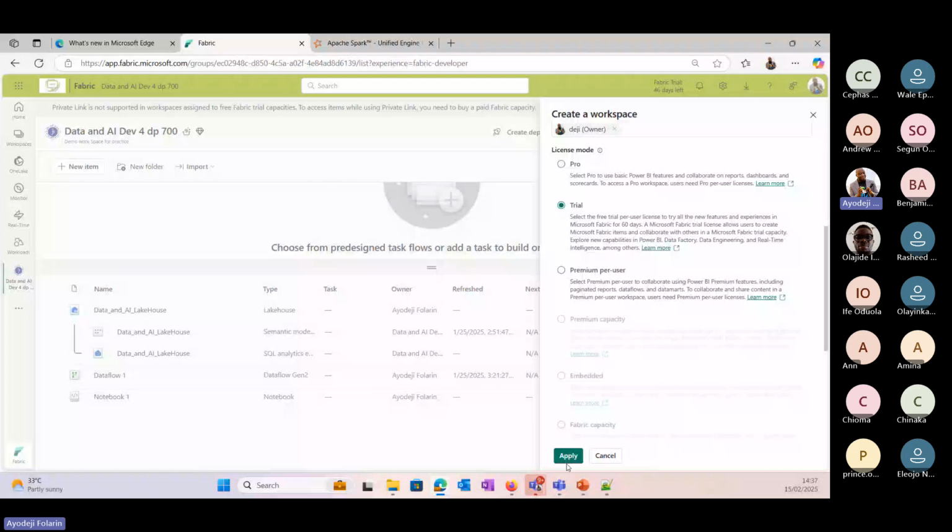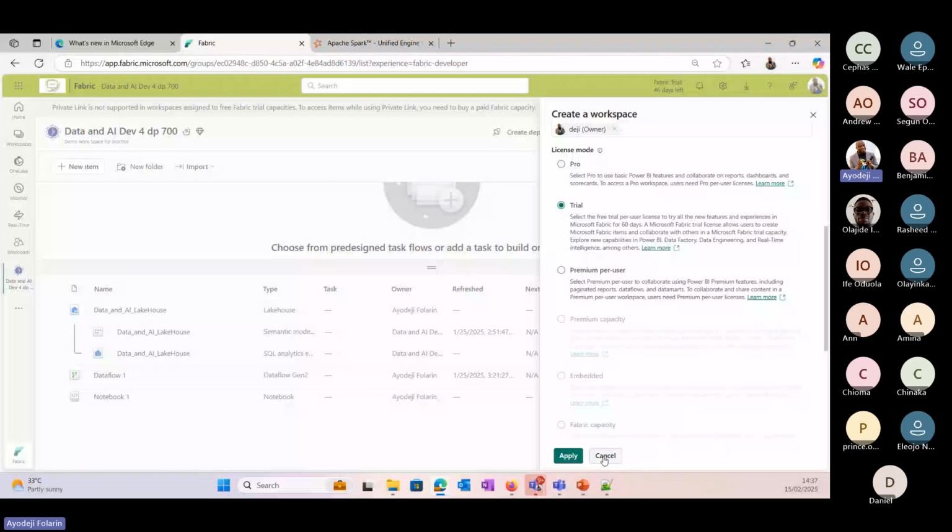If you go back to My workspace, you will see the workspace as part. I have several workspaces here. So it's just to pick that particular workspace. Or if it's too long, just type what you are looking for. I'm looking for data. So this is what I'm looking for. Just select it and boom, it will take you to the workspace. So Olayinka, I guess I have answered your question.